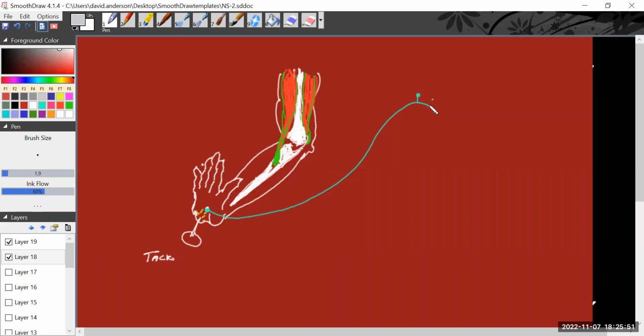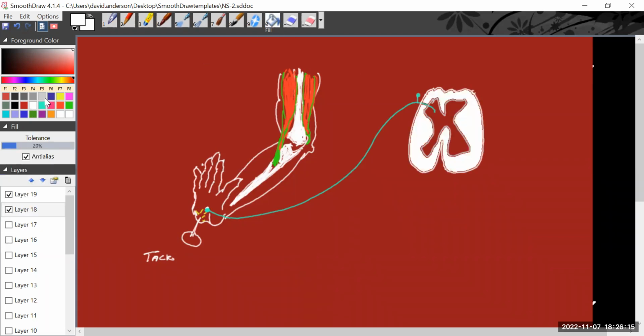So here's a cross section of our spinal cord. White matter, gray matter. Okay, everybody with me? So far,